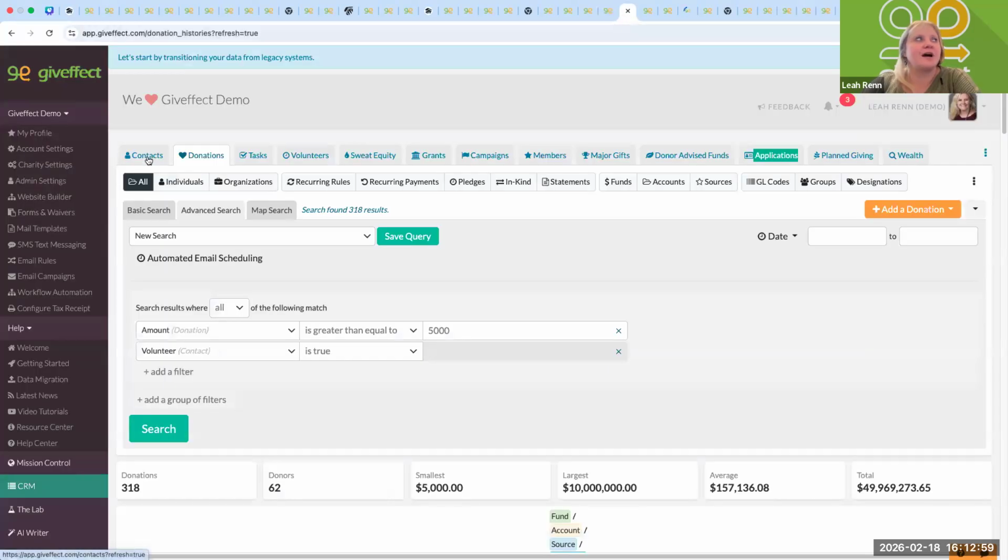Next, I'm going to move from contacts into donations. Again, this is really meant to be a high-level, kind of introductory demo for you just to see a little bit about Giveffect, but more specifically for Habitat. So donations, I have the capability to do advanced search on any of my sections here, where I